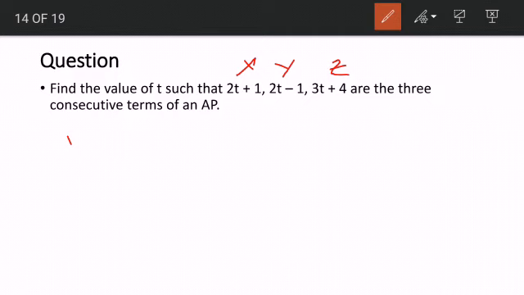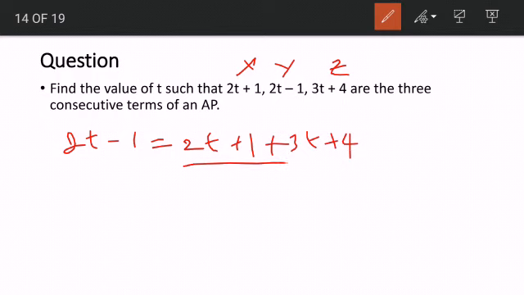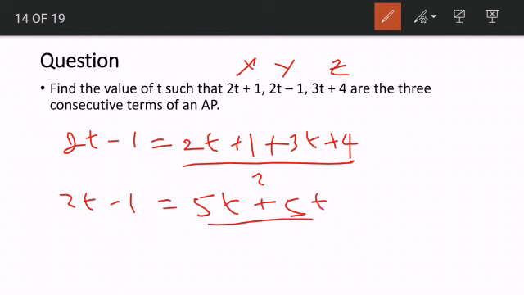So we say that the one at the center, which is 2t minus 1, is equal to the average of the other two, which means 2t plus 1 plus 3t plus 4, all over 2. Okay, so we are going to get 2t minus 1 is equal to, if we collect like terms, 2t plus 3t gives us 5t, 1 plus 4 is just 5,